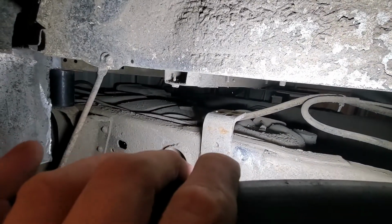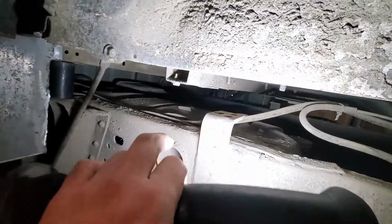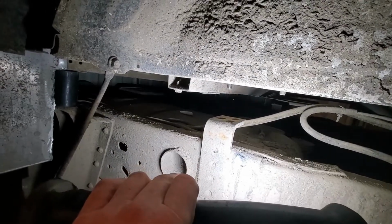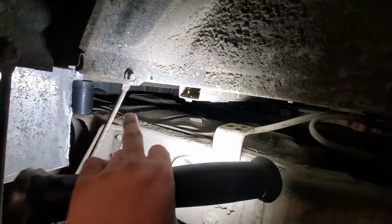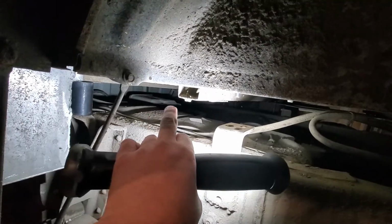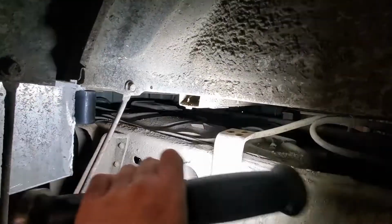So I'm going to get an open tube, much like this, so the exhaust will slide through it, and I can bolt to the undercarriage and then bolt to the frame again. Then the exhaust will go straight through it. But I want to have it over top of the gas tank, so I've got to get it big enough that it'll go across, and then the evap as well, and then down on the other side, so it doesn't burn anything as it comes up. And it's also heat shield